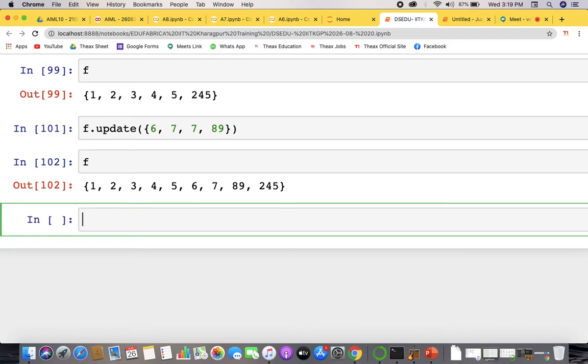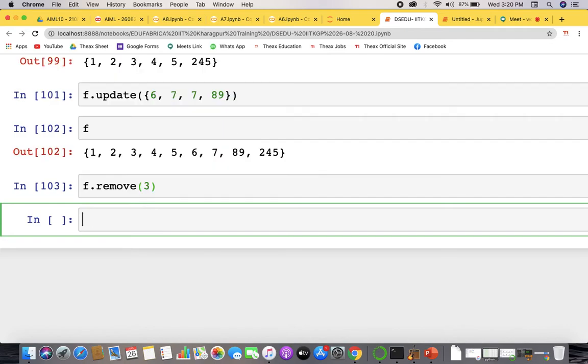But let's say you want to just delete elements from the set. You have three methods: pop, discard, and remove. Let's start with remove. If you remove any element which is there in the set, it will be removed.